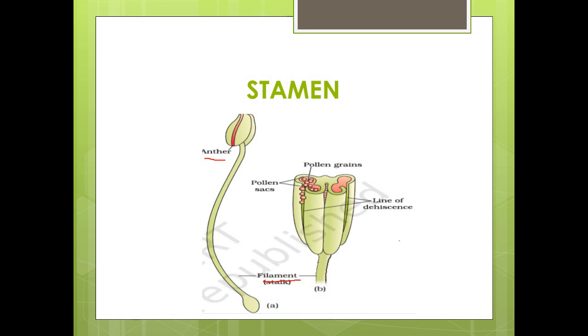Now, the two parts of a typical stamen are filament and an anther. A typical angiosperm anther is bilobed with each lobe having two theca, that is, they are dithecous. A longitudinal groove separates the two theca. Anther is a tetragonal structure consisting of four microsporangia located at the corners, two in each lobe. The development of microsporangia leads to the formation of pollen sacs. They extend longitudinally all through the length of an anther and are packed with the pollen grain.